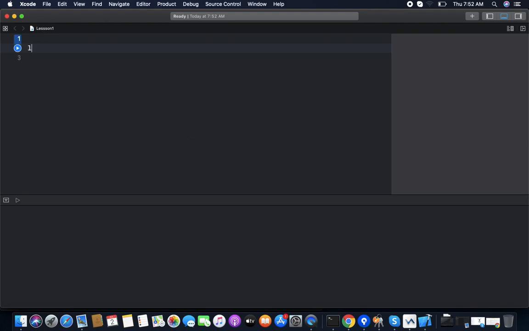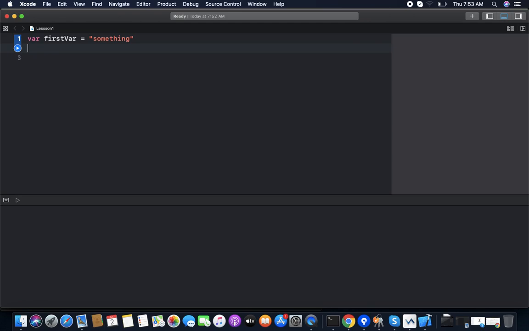First, we are declaring a variable first_word, and assigning the value to it, something.